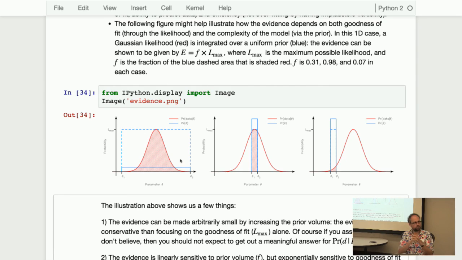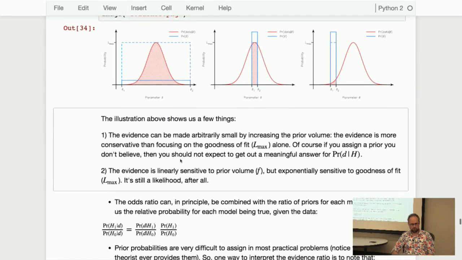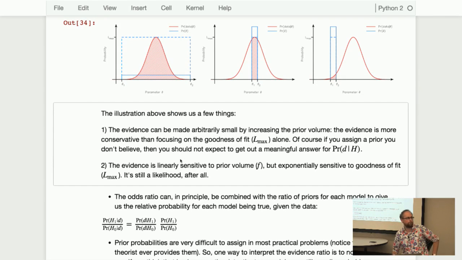So one of the points that I would make if we were going to debate whether we should calculate this thing is that in this case you have this flat prior here. Now imagine you've made the blue box much, much wider. None of your posterior inferences would change at all. In this case, your posterior would be exactly the same because you're multiplying a flat thing by this likelihood. That's right. I'm going to repeat for the people at home: if we did make that prior much wider, none of the posterior inferences for parameters would change